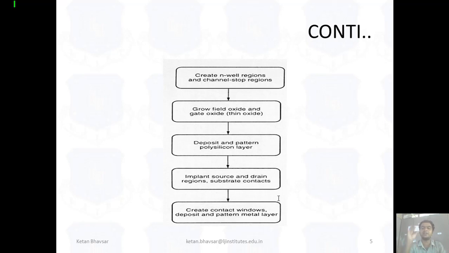Metallic connection, that you can see you have already used in DIP ICs. You already use the 7400 series ICs. So you can see the legs outside the chip which provide the connectivity, which we can call the pin numbers, like the VCC pin, ground pin, input pin, output pin. This is possible only with the help of the windowing method and the metallic layer. So this is just an overview of how fabrication technology will start and how it will end with the metallic connection.